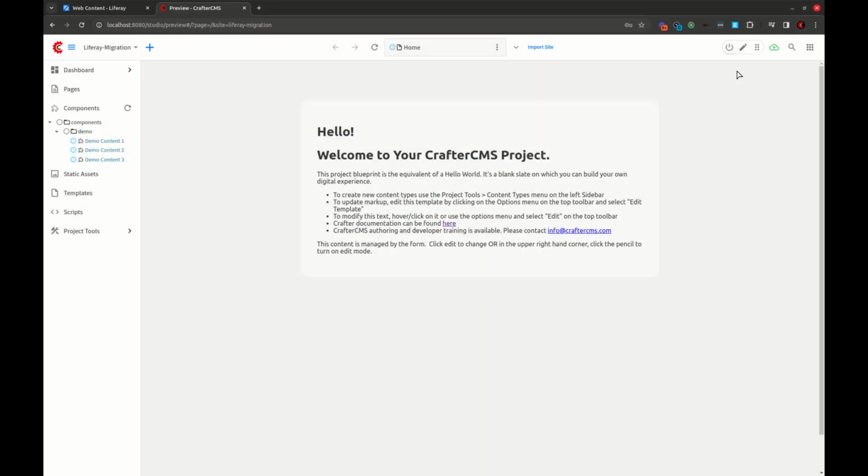So a very easy, simple migration tool, very easy to use, and just very helpful in terms of bringing content into the system. Okay, now how can we consume this content? Well, we could consume it through templates, or another option is through a headless API, and I thought that would be worth showing. So what we're going to do is go down to project tools,